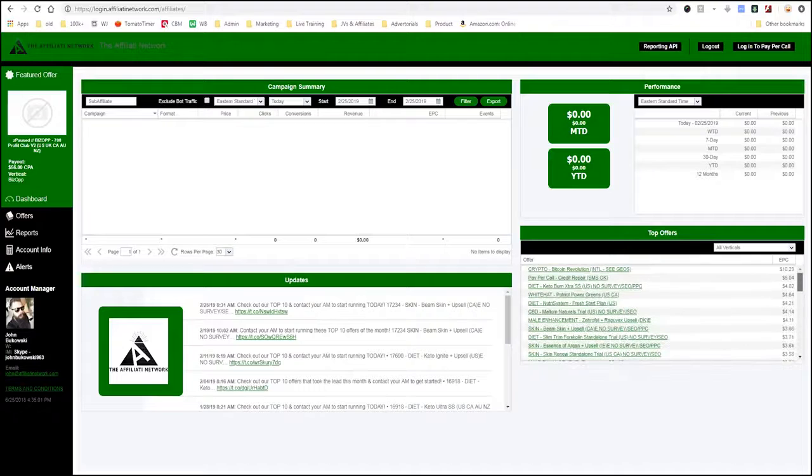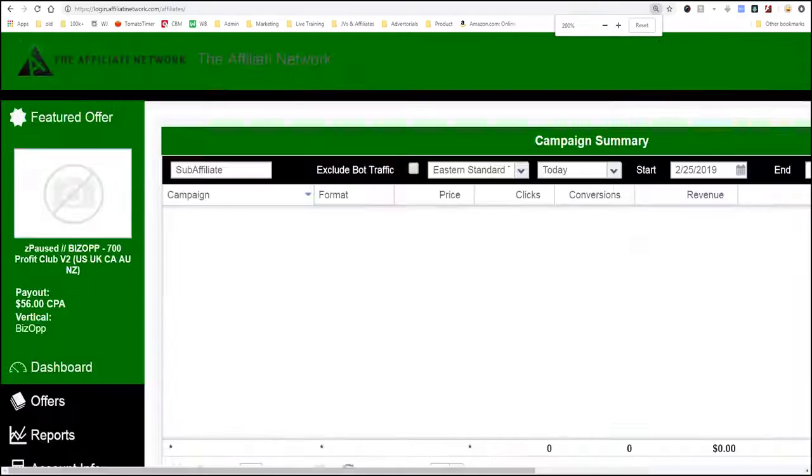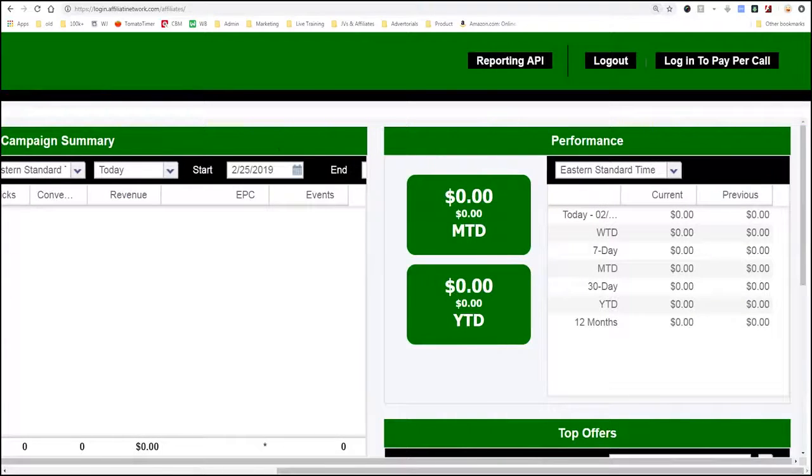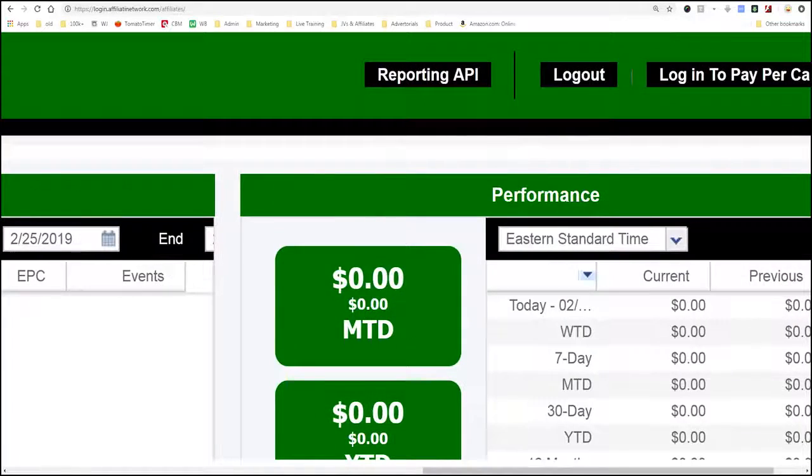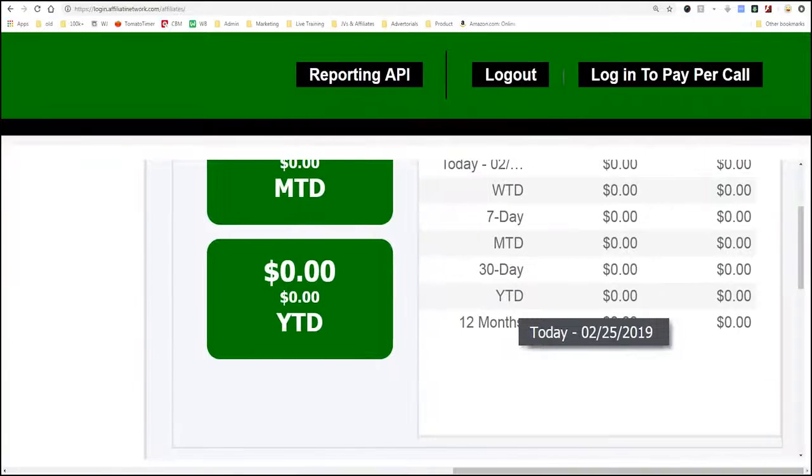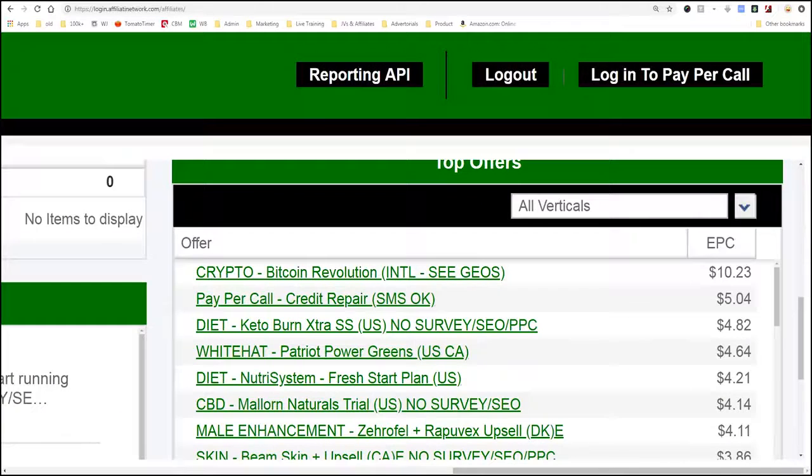We're going to look at what's called a CPA network, which stands for cost per action. These networks are a little more aggressive. We're going to be looking at the Affiliati network, which is a network I've also made millions with, but it's a bit more aggressive. If you just want to make tons of money and you don't really care whether the offers you're selling are necessarily high quality, this is a great network. But that being said, I was in that place at one time. We can see a lot of the different verticals here.